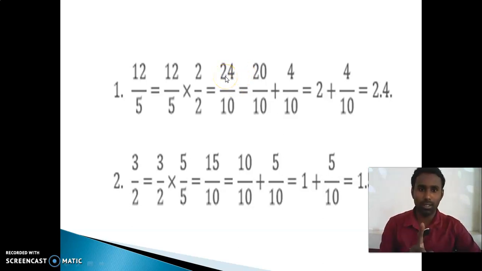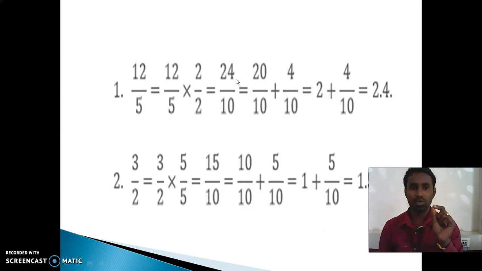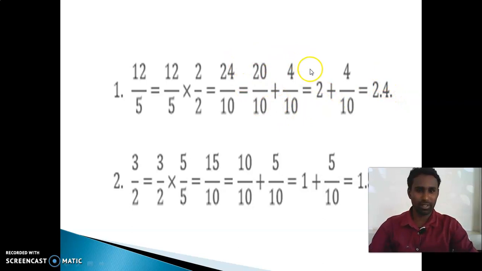For 1 0, from the extreme right position to the left position, for 1 0, 1 point will come. For 2 0, 2 digits it can move. Okay, here 1 0 they gave, so from the extreme end after the 4, now the point is here. So for 1 0 it will move 1 digit, so 2.4. Okay, 2.4. Otherwise sir, is there any other shortcut method?